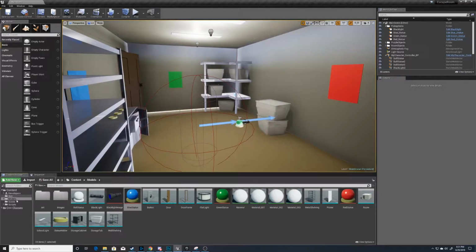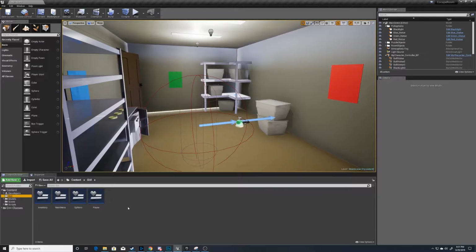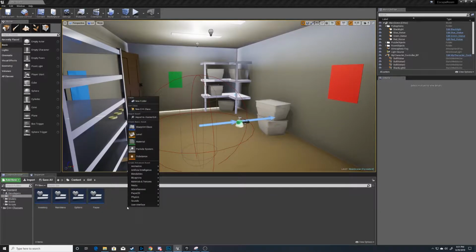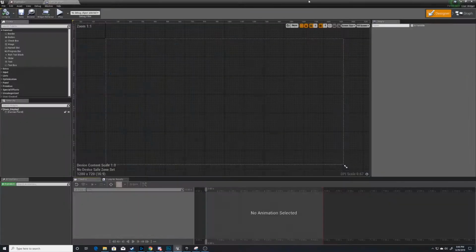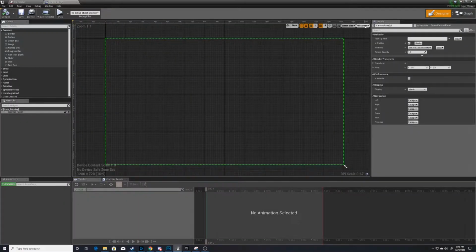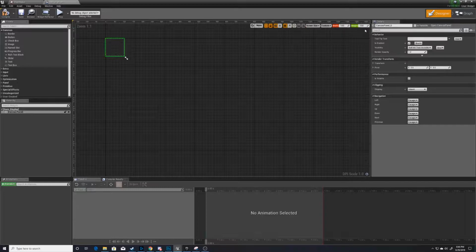So to begin, we'll go ahead and go to our GUI, and we're going to create a new widget. And we'll just name this widget Item Display. And this will just display the image of the item that we've picked up. We want to make this custom 100 by 100, and then we'll drop an image into it,